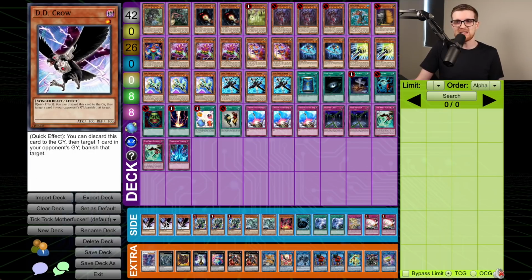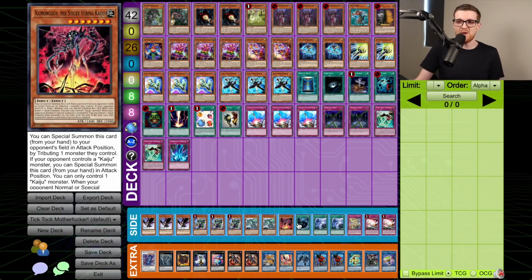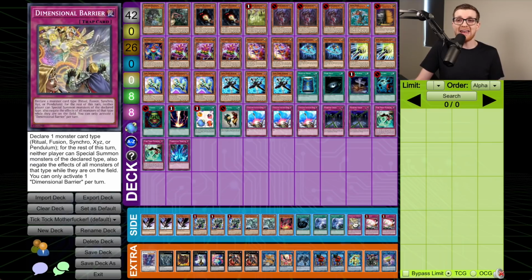And then the side, we've got 3 DD Crow. These have been pretty clutch, so I want to keep these in. 3 Pankratops, probably going to come in when we know we're going second. 3 Kaijus in case Gage is up to anything funny. We've got a bunch of spell and trap removal in MST, Double Twin Twister, Double Red Reboot, and a Dimensional